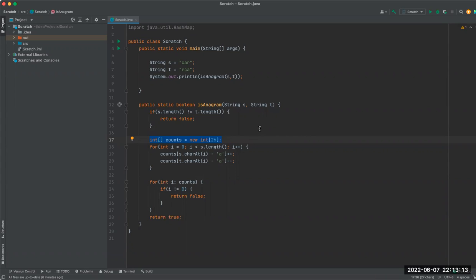And every time we see that letter in S, we increment by 1. And every time we see it in T, we go to that same position in the array, counts, and we decrement it by 1. So if we've seen it in S, we add 1 to it. And if we've seen it in T, then we go to the same position where we added 1, and we pull it down, we decrement it by 1. So if I can basically add 1 and then decrement it by 1, that means that that character was present